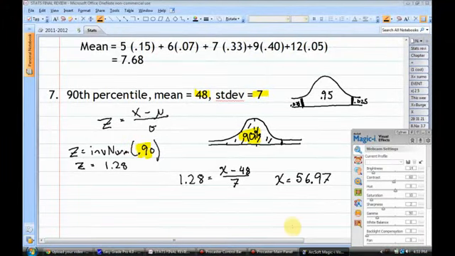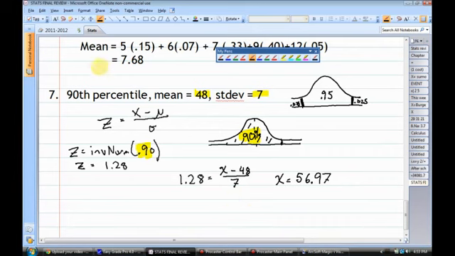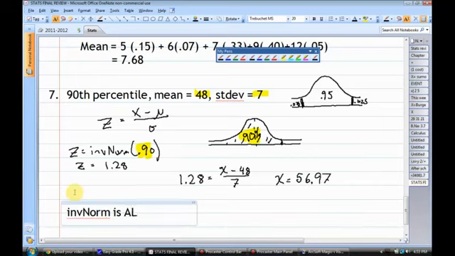Oh, I have a question. Which one would you put as a calculator for everything to the right? Inverse 0? You would never. Never. Never. It's a very good point that Aaron brings up. Inverse norm is always